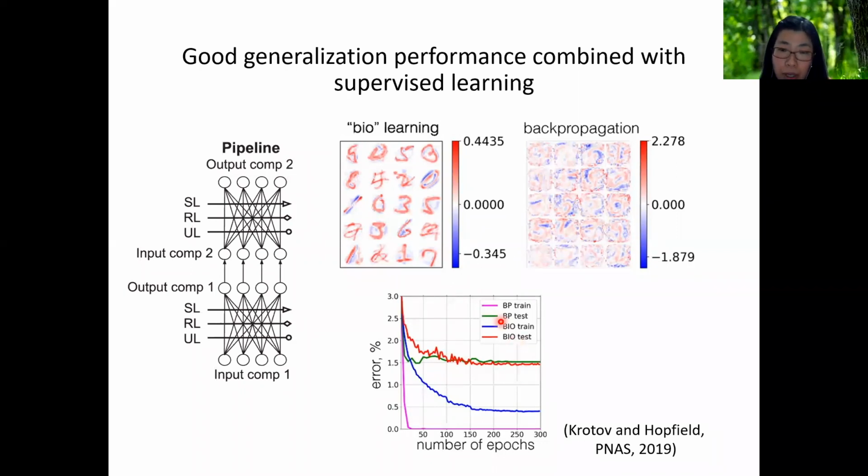This similar performance might be due to the property of the Hebbian learning rule that can extract a low-dimensional representation of the stimuli. This representation formed in the first layer in an unsupervised way might be advantageous for generalization, so the novel test stimuli can be efficiently learned. Overall, this work suggests good generalization performance when combined with supervised learning, so this biologically plausible unsupervised learning might not be inferior to totally supervised learning.